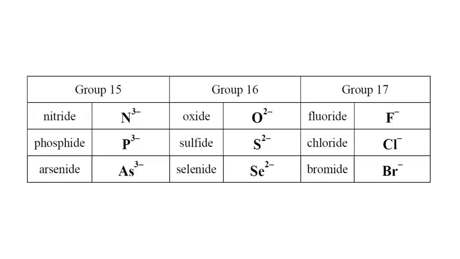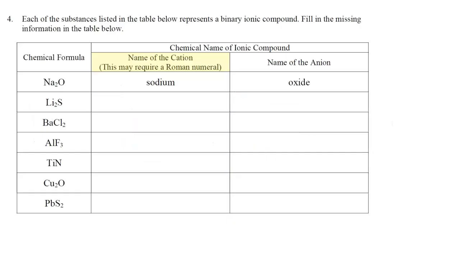Similarly, we can see that oxygen becomes oxide, sulfur becomes sulfide, selenium becomes selenide. And then for the elements in group 17, fluorine, chlorine, bromine, and iodine, they would be written as ions as fluoride, chloride, bromide, iodide, and so forth. All right, well, now let's go ahead and take a look at our first example, and that involves